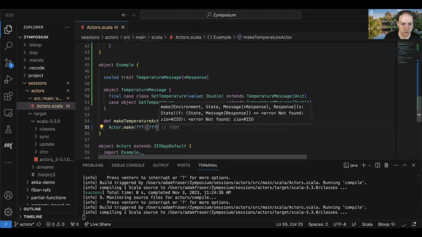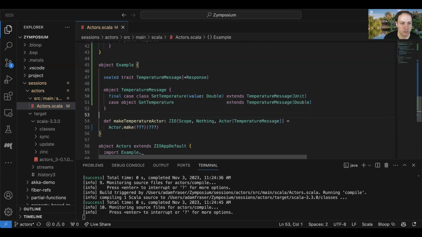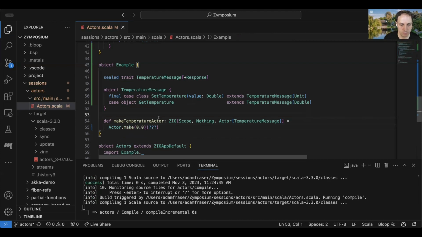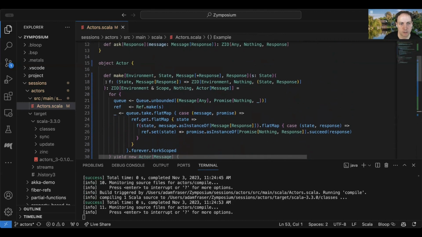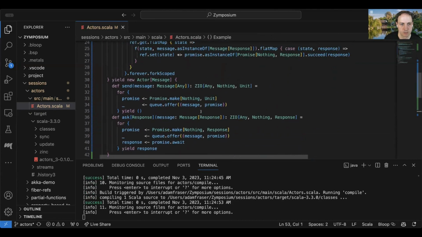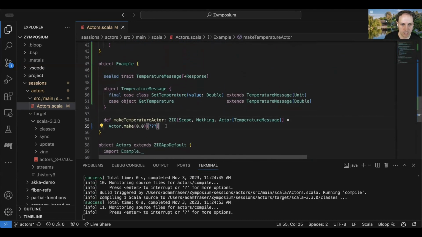And this is going to take two parameters. So we said the first parameter of make is the initial state. And we said before that was this 0.0. And then this thing here needs to be a function that takes the state and the message and with a ZIO returns a state and a response. So let's try doing that.